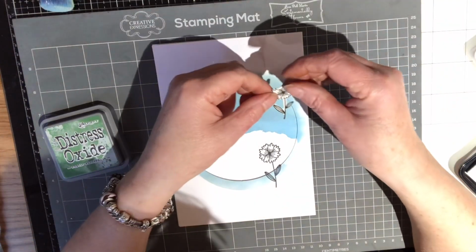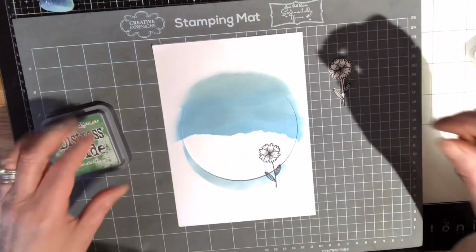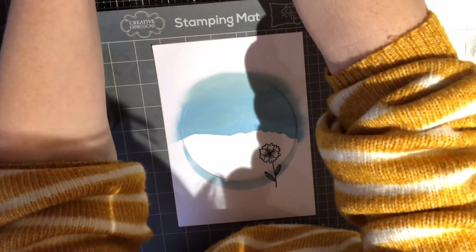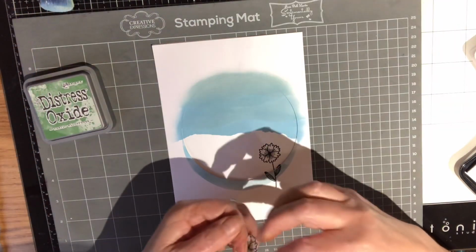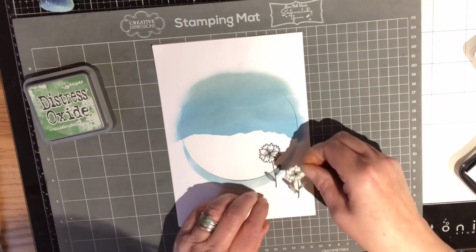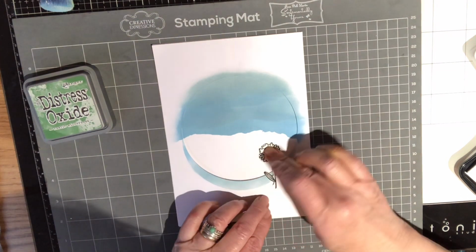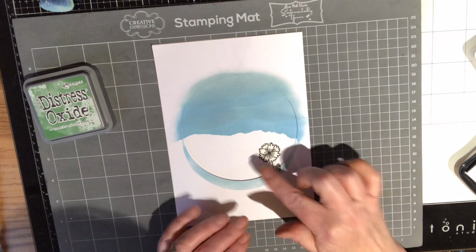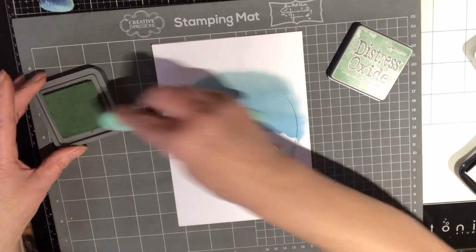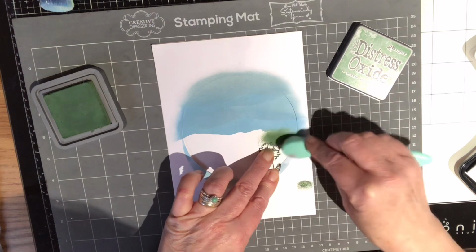I'd already pre-cut one of these stamps, so I stamped it and fussy cut all around the edge. And what I'm going to do with this is take another little piece of tape, put this on the back of this daisy, and try and line that up as best I can. Press that down so that whatever we do now, we're not going to get over that. I'm going to take in my Rustic Wilderness, and I am going to hold this down as well, and I'm just going to go all the way around,